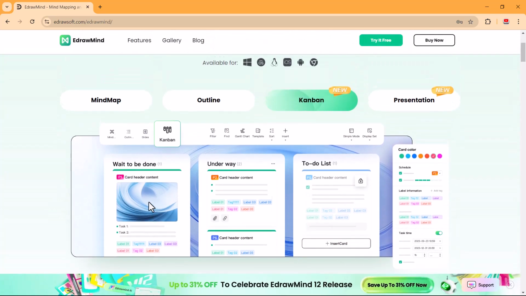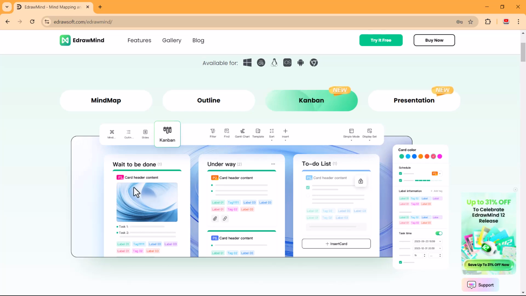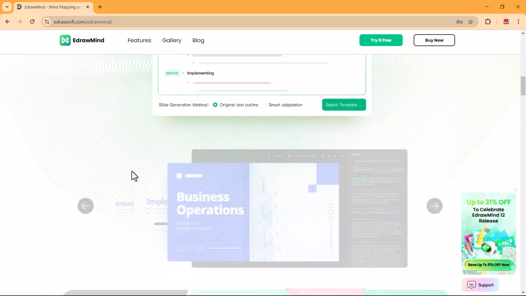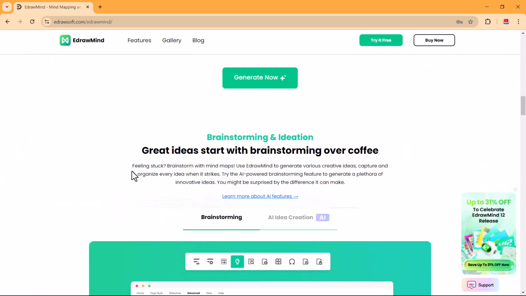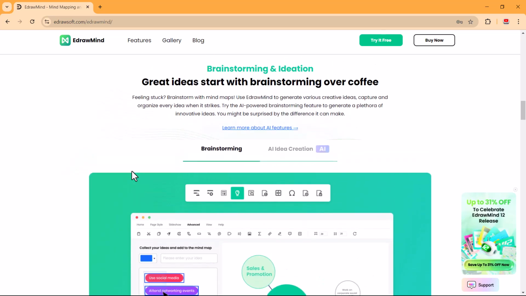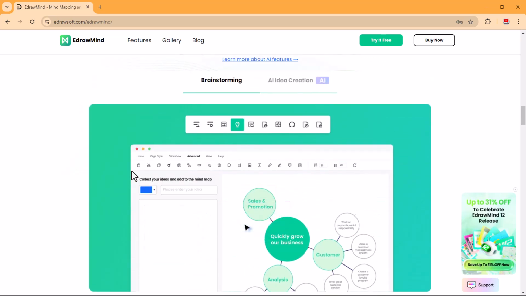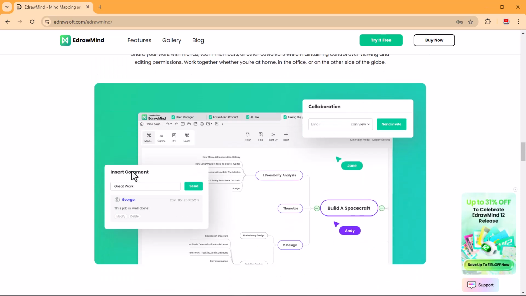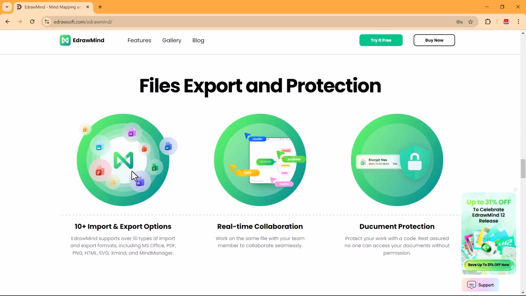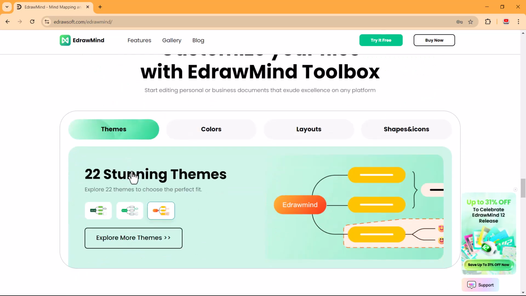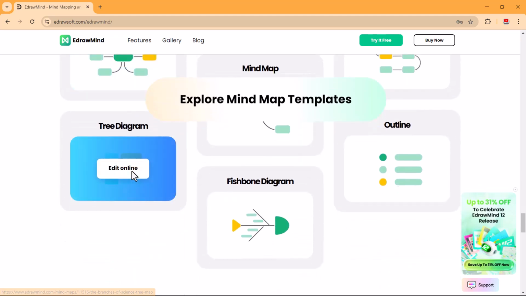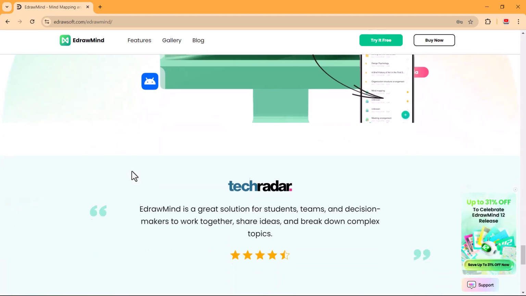In this video, we will take an in-depth look at eDrawMind, exploring features like mind mapping, outliner mode, and real-time collaboration. We will also demonstrate how its powerful import and export tools allow you to turn your mind maps into presentations and effortlessly transform documents into mind maps with just a few clicks. And that's not all. We will also look at exciting new updates in eDrawMind, including image processing, pitch mode, Kanban view, and much more.